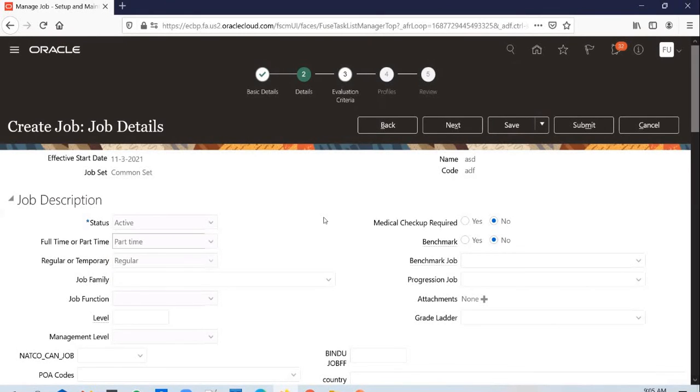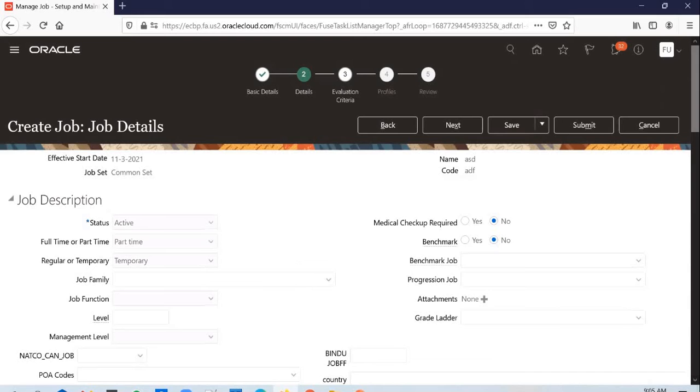If it is a part-time temporary job, the job should get auto-approved because there could be many part-time jobs and the client might not want those job requests which are part-time or temporary to go through the approval process.